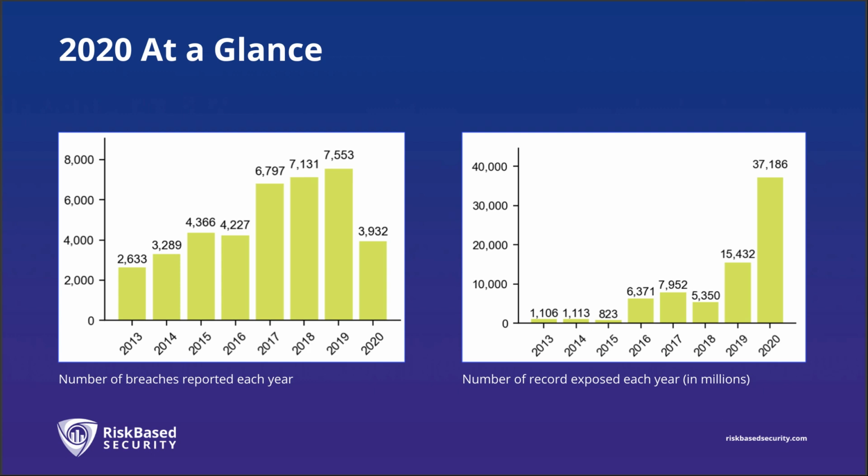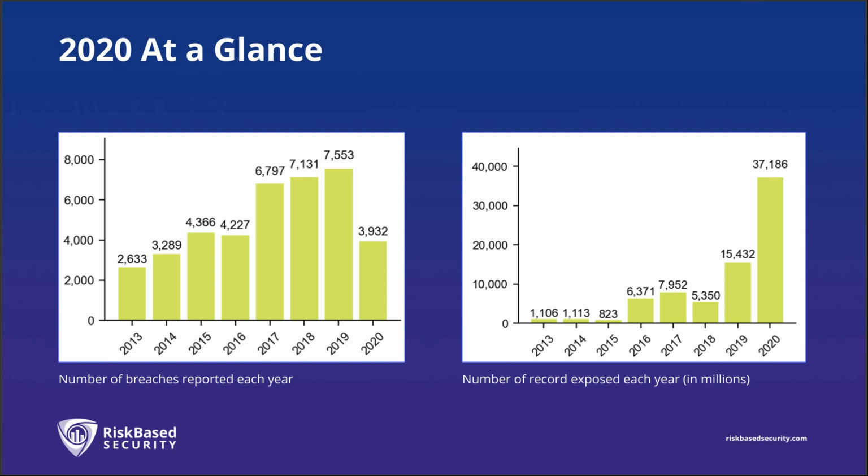Now, I will say sources have always, throughout the year, been catching up, slowly but surely. At the time that we produced this report, we were looking at numbers as of January 4th. Since that time, the numbers have continued to develop. We are up and over 4,000 publicly disclosed breach events now for 2020, and we think those numbers are going to continue to develop as information trickles out on the year. So my instinct is that we're going to end up more along the lines of 2015, 2016, in that 4,100 to 4,300 range.